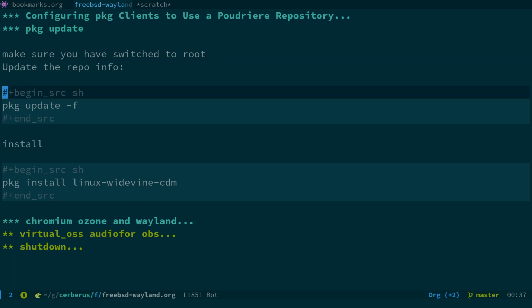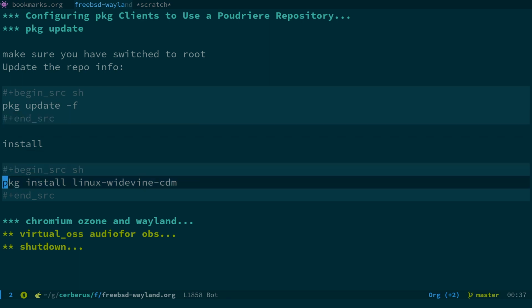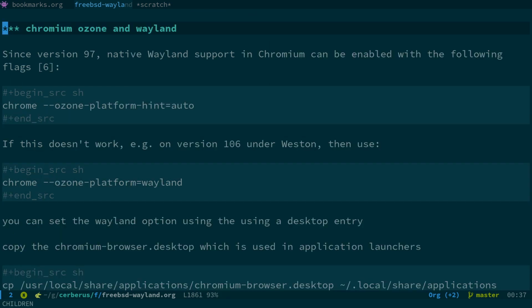Once you've done all that, you run pkg update -f. That's going to refresh everything, and then you should be able to run pkg install linux-widevine-cdm. And then finally, if you're having issues with Chromium on Wayland, try these commands in the terminal: chrome